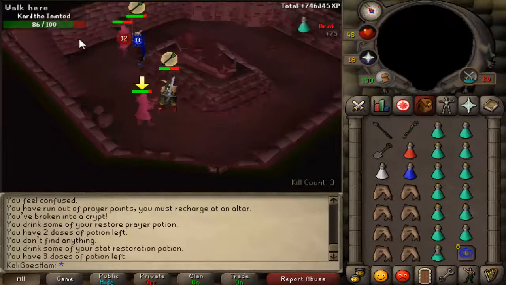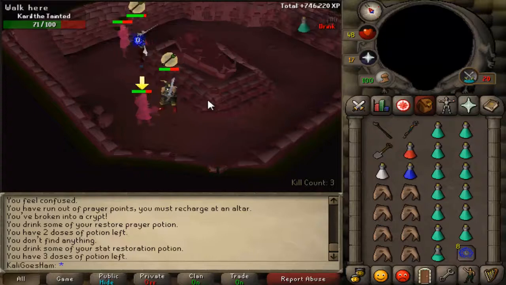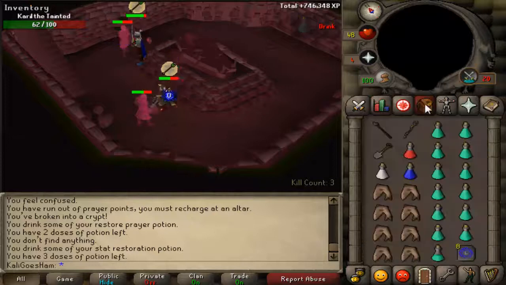And always drink that restore pot. If you have Orion, it will tell you if your stats are drained, but if you don't, just look. So I'd recommend always having the orbs because it's easy to click the quick prayers and always make sure, but most people play with that anyway. So let's just wait till we kill him, and basically I'll come back once we...